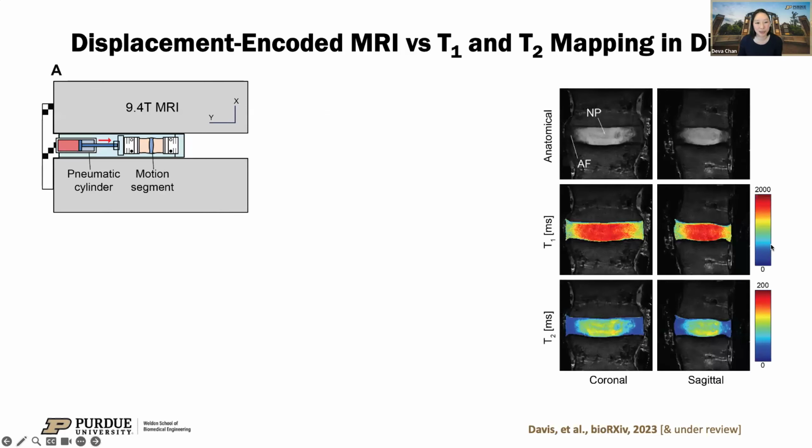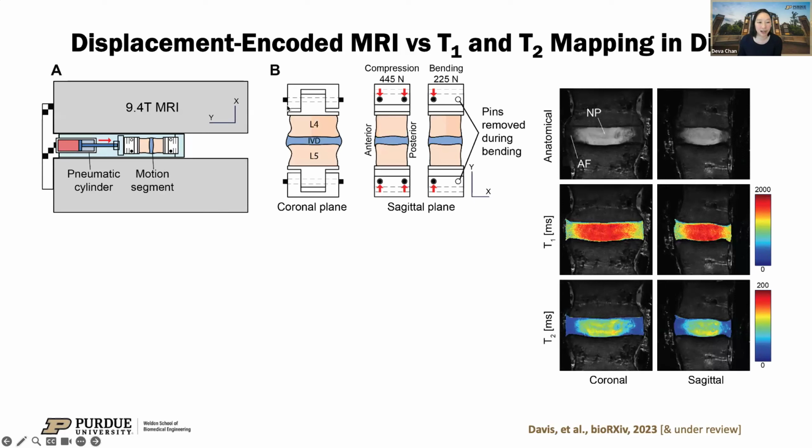And in that disc, we are able to image the coronal and the sagittal planes. And we also performed T1 and T2 mapping within those planes. We potted the L4, L5 motion segment into these end plates and caps. And within these end caps, we could actually remove one of the pins in order to change the loading regime